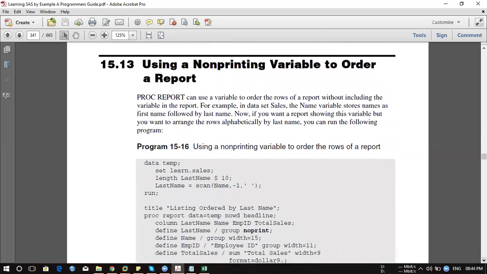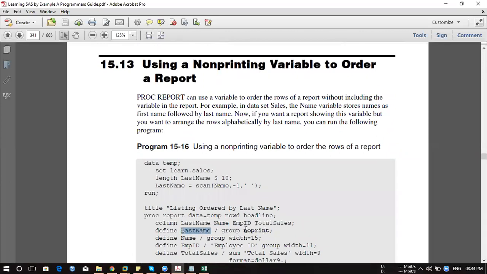Now sometimes what happens, whatever variable you are defining over here, these variables automatically get updated in any case, correct? But some variables you don't want to appear in your final data set. So in that case, you are using these variables, but you don't want them to appear in your final data set or final reports.